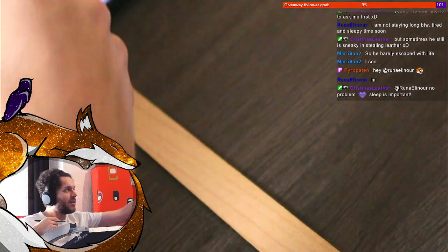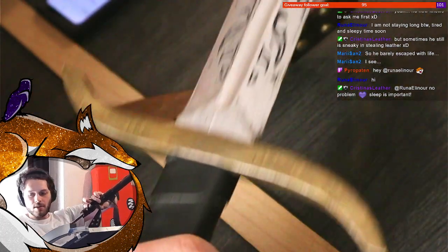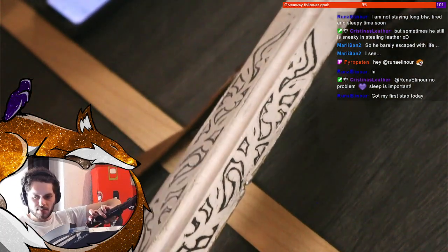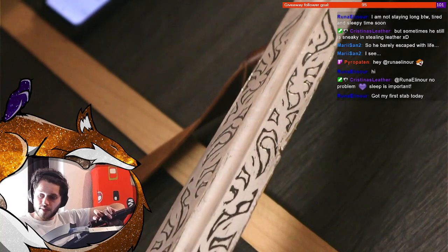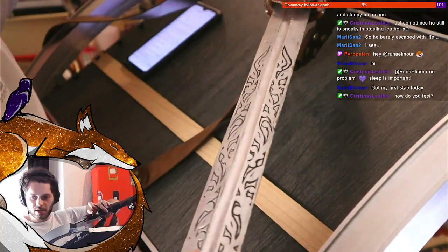Oh, I didn't show the sword. Sorry. These are the details I was talking about. So it looks painted, but it actually has some texture to it. It has some texture because it actually has a